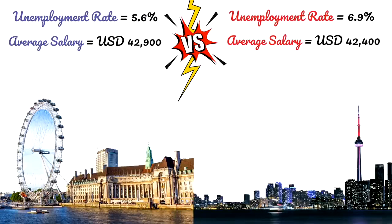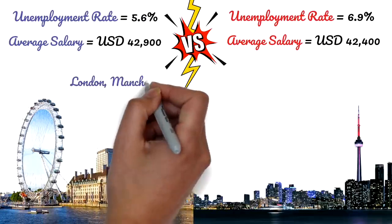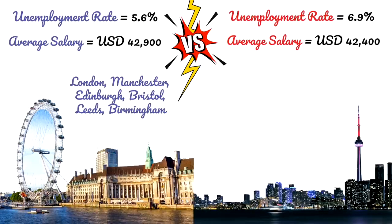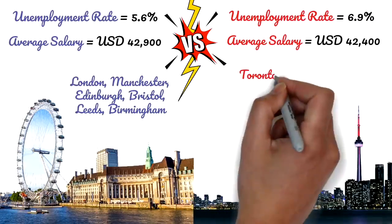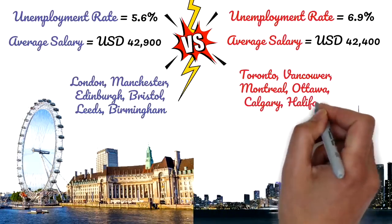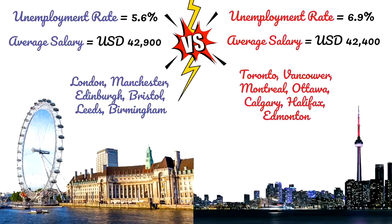So if we talk about UK, then there's London, Manchester, Edinburgh, Bristol, Leeds, Birmingham, Oxford, Cambridge. There are many other cities like that. And then when we talk about Canada, then there's Toronto, Vancouver, Montreal, Ottawa, Calgary, Halifax, Edmonton, all of these cities. These all cities that I've mentioned here have got plenty of jobs in the technology sector, in IT, in marketing,